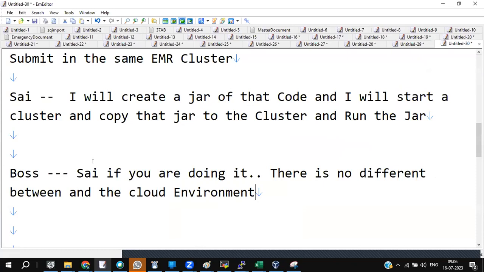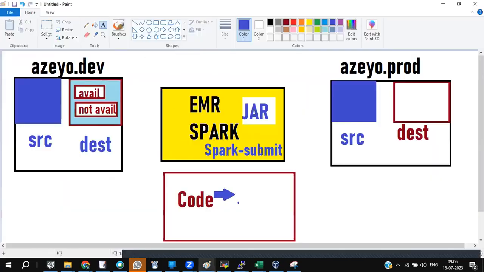In on-premises, the cluster will be running all the time. Copy the jar, run the Spark submit. It's just like on-premises. You should not do that. No, this is not the ideal way. Don't do that.